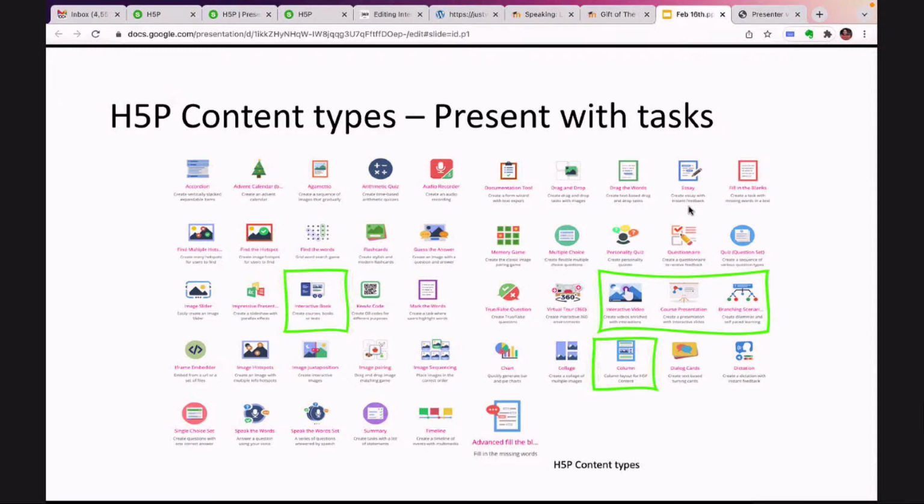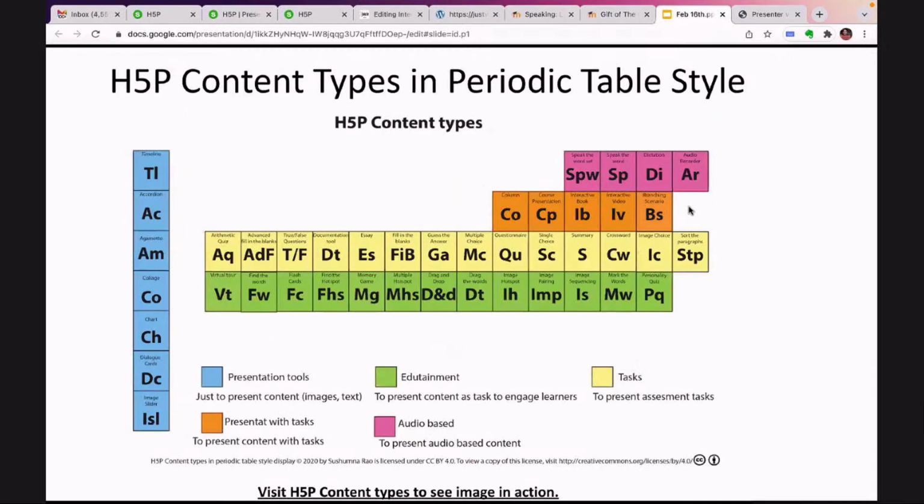So when I'm looking at these content types, last year I developed a free course, it is still available as part of my UNESCO Open Education for Better World course, creating H5P content types in Moodle, that is the course. And I saw Stuart Millar's periodic table of H5P content types. When I looked at it, I thought, why not we divide these content types like presentations with tasks, audio-based and edutainments, or only merely presentation tools, audio-based ones. So I divided them and I created a